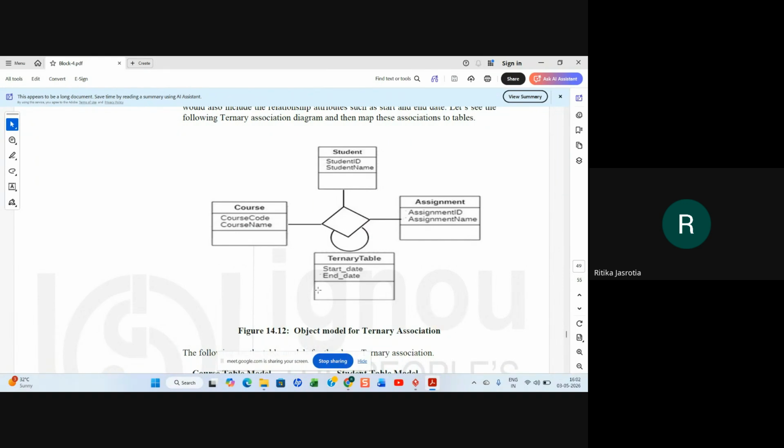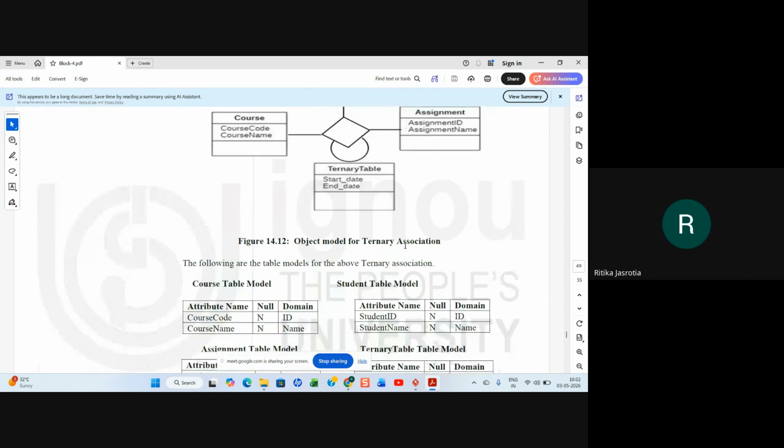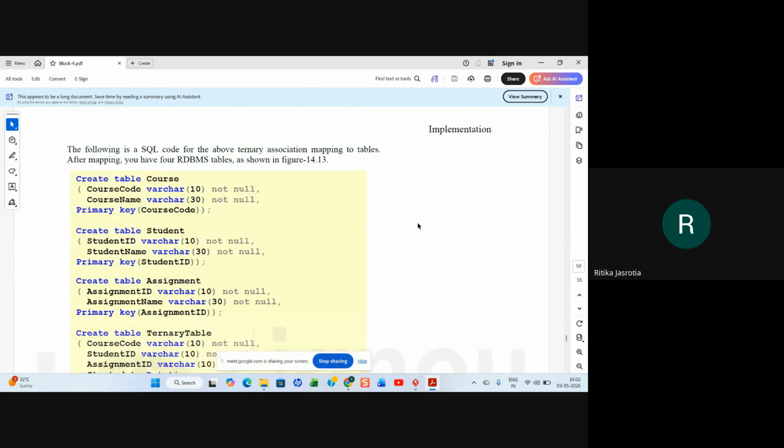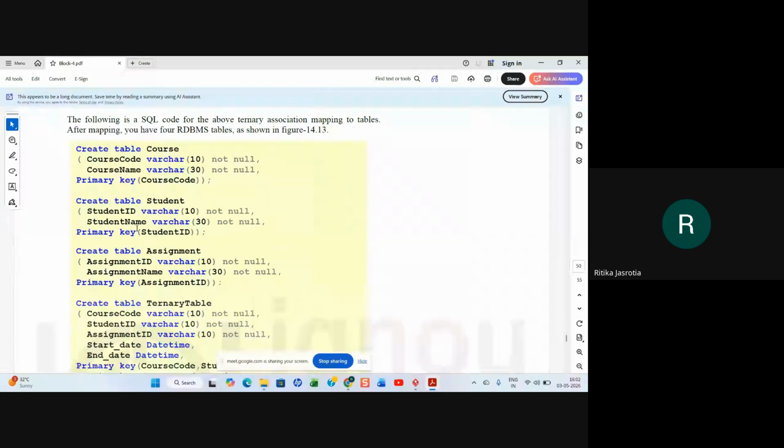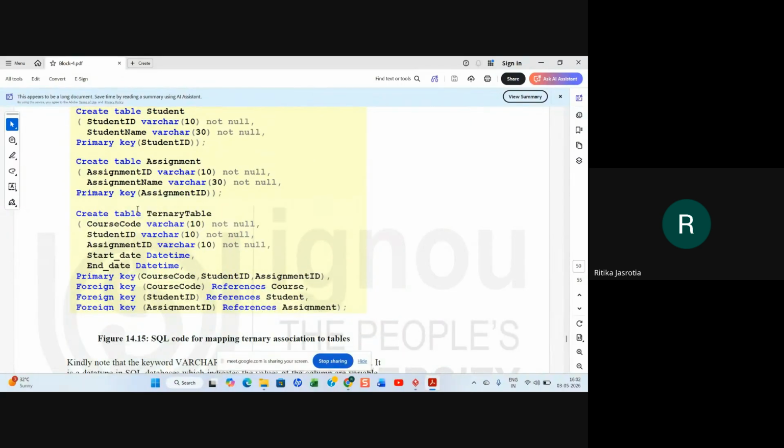Class, any doubts in that? Same way here also, if you see here, table course is there, course code is the primary key, table student, student ID is the primary key, table assignment, assignment ID is the primary key. When you have a ternary table, course code, student ID, and assignment ID will be the primary keys also, and they will be the foreign keys also, referring to the different tables.